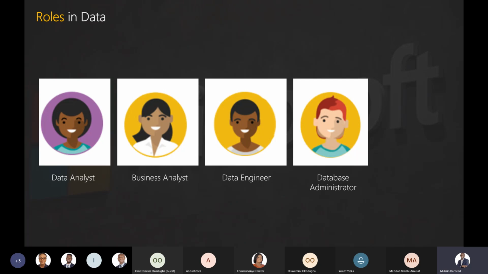The next individual that we quickly want to talk about is the database administrator. Database administrator, as the name implies, works on databases. And databases are the storage for data. Different organizations have different databases, so the talk around databases is a bit wide. We have different types of databases, but we are not going into that. The database administrator is the person who works on the database.